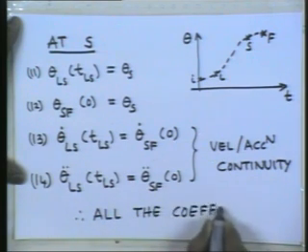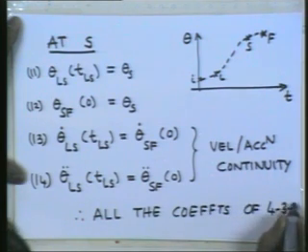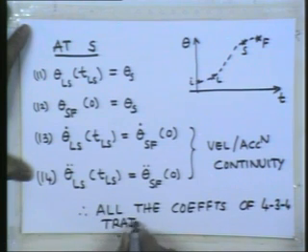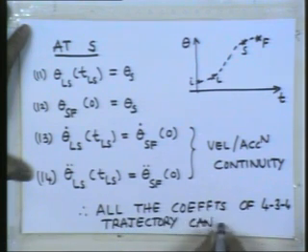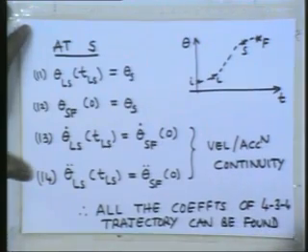coefficients of 4, 3, 4 trajectory can be found. So, we are talking in terms of a commonly employed strategy of a higher degree polynomial along with a cubic polynomial. So, 4, 3, 4, all the coefficients can be found out in this manner.